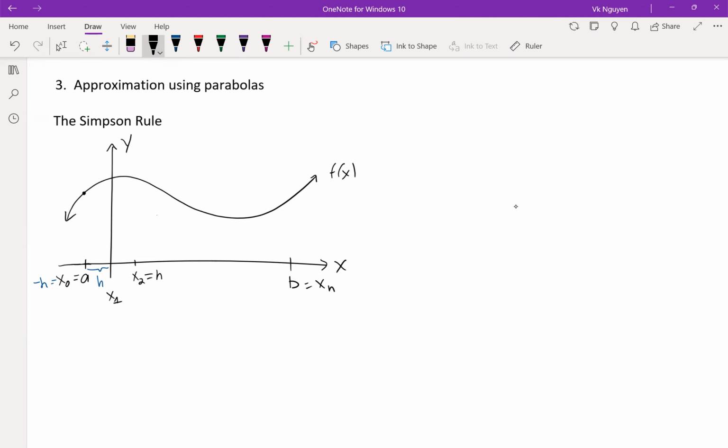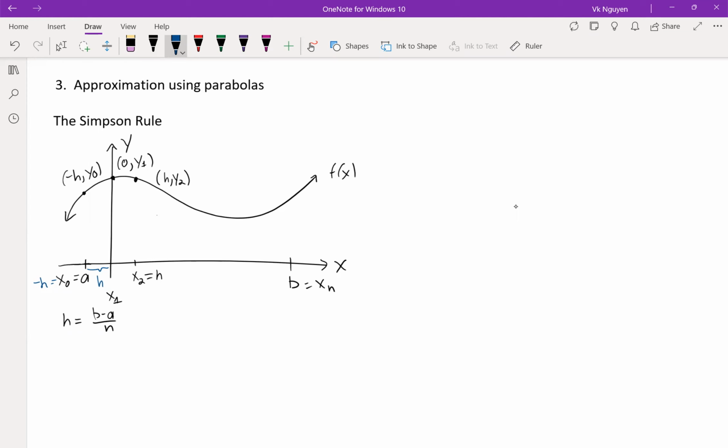So we all see that h is (b minus a) over n. The first point right here is (negative h, y sub 0). Second point, (0, y sub 1). The third point, (h, y sub 2). Now for these 3 points, we can fit them using a